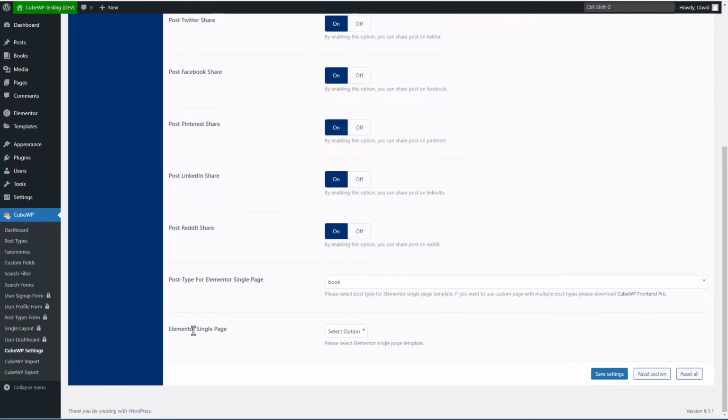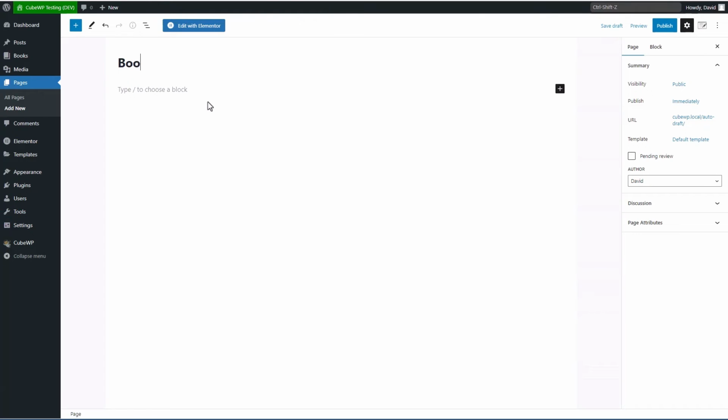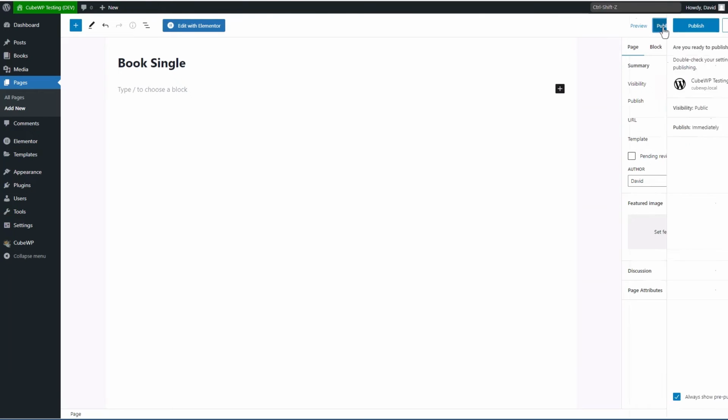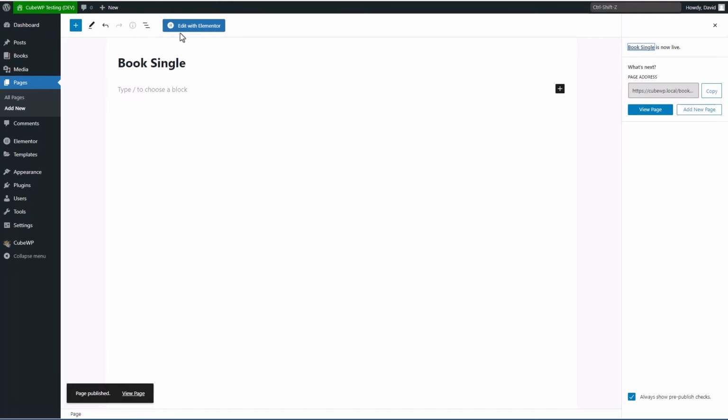And now we have to select the single page that we've created to be our template. So I'm going to save this and we'll come back and select this after we create our page. Let's go to Pages, Add New. We'll call this Book Single. I'm going to publish it and now edit with Elementor.